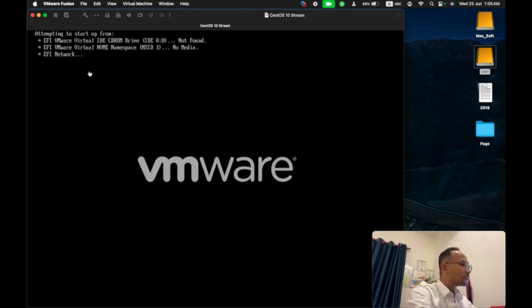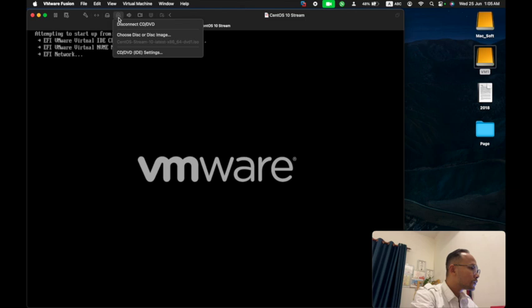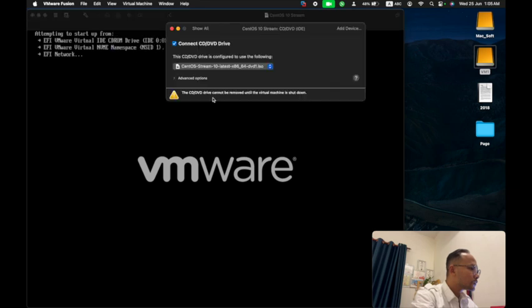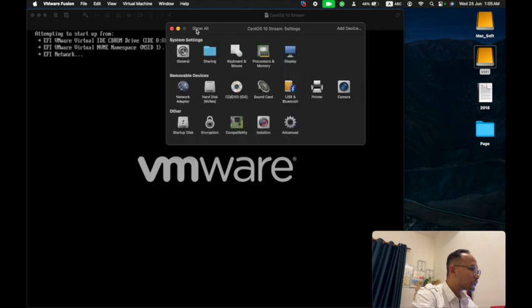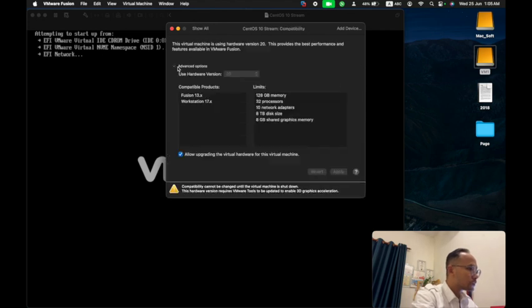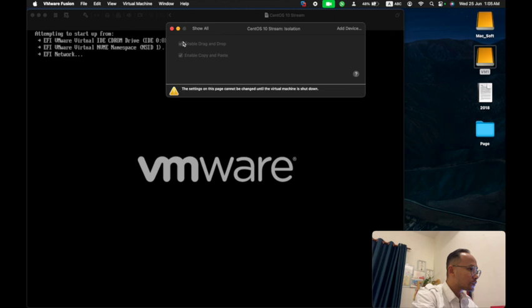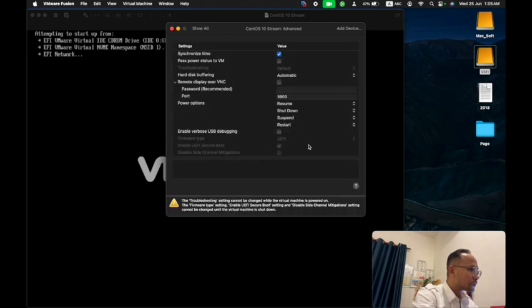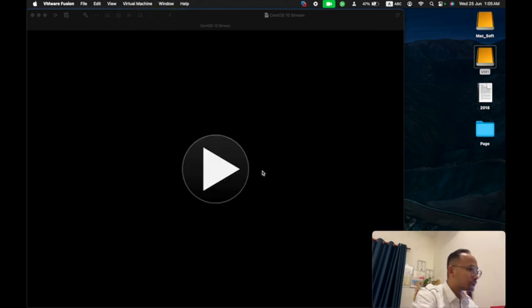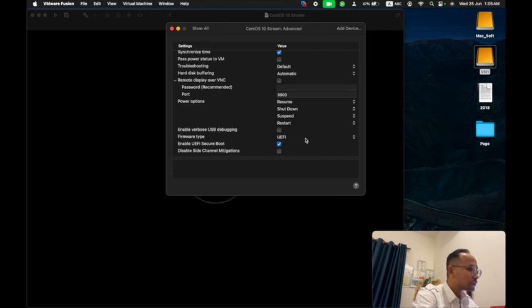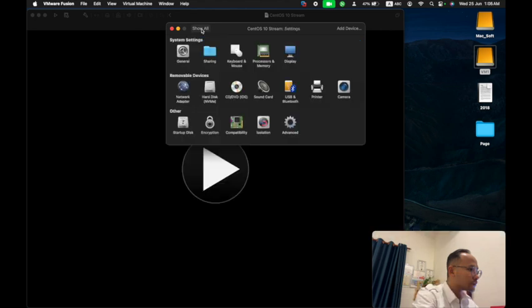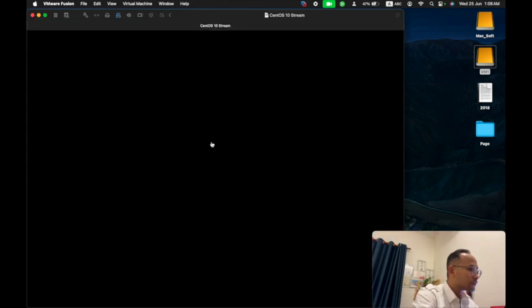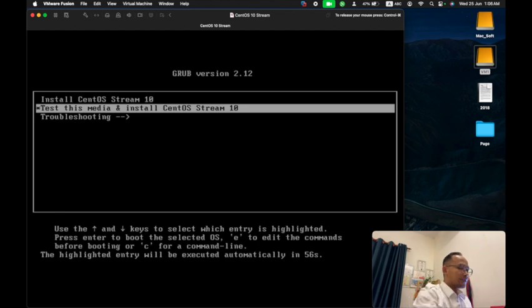I mean, we need to change the BIOS tab. The BIOS tab does not support UEFI; it supports legacy. So let me show you. Wait, I just recheck the CPU and the configuration.